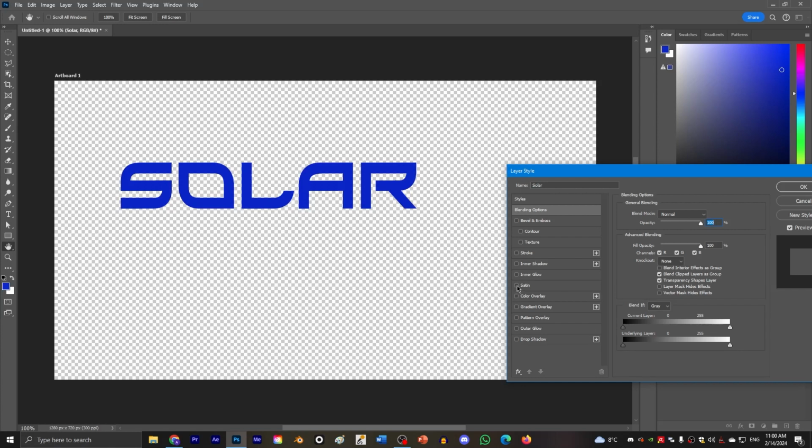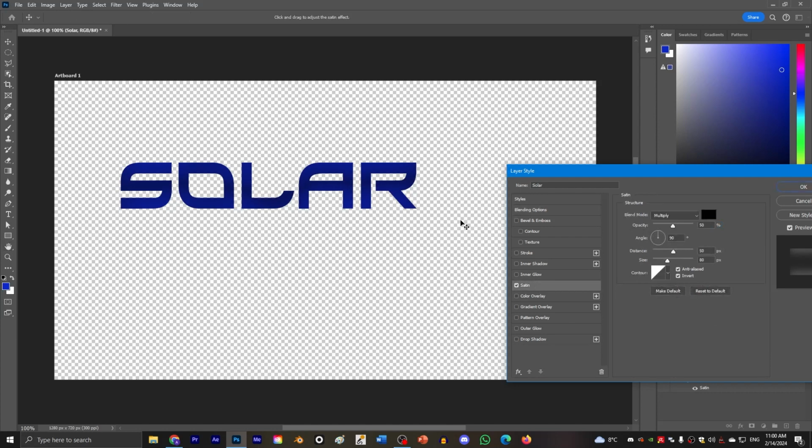For instance, you can use satin, and that kind of makes the colors more dark. This is something that I used for the Solar Tapes logo and even for the Alex Duic logo. So you can use a little bit of this.